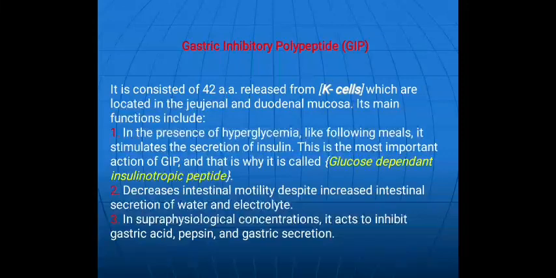First, in the presence of hyperglycemia, like following meals, it stimulates the secretion of insulin. This is the most important action of GIP, or the gastric inhibitory polypeptide, and that is why it is called